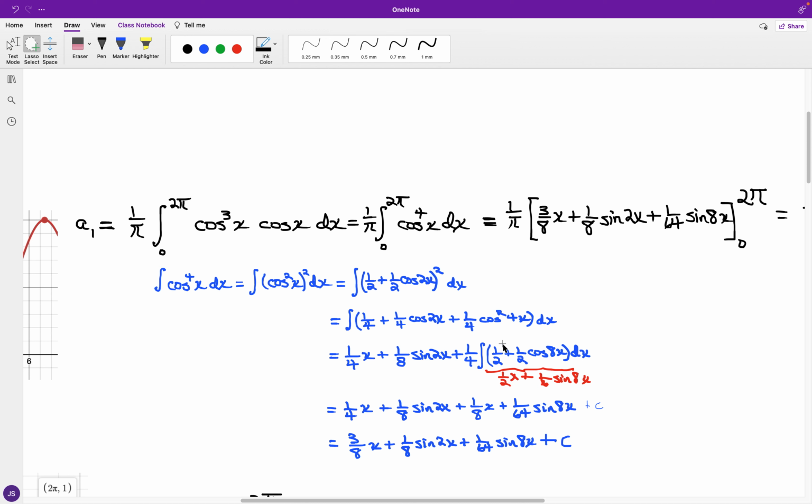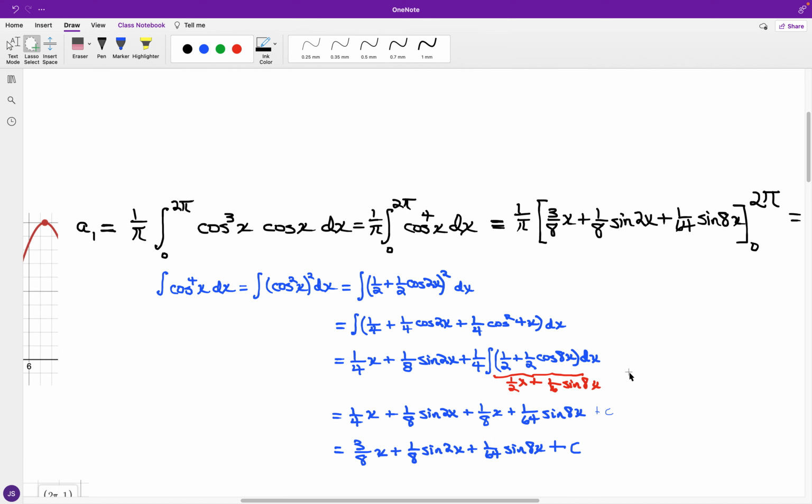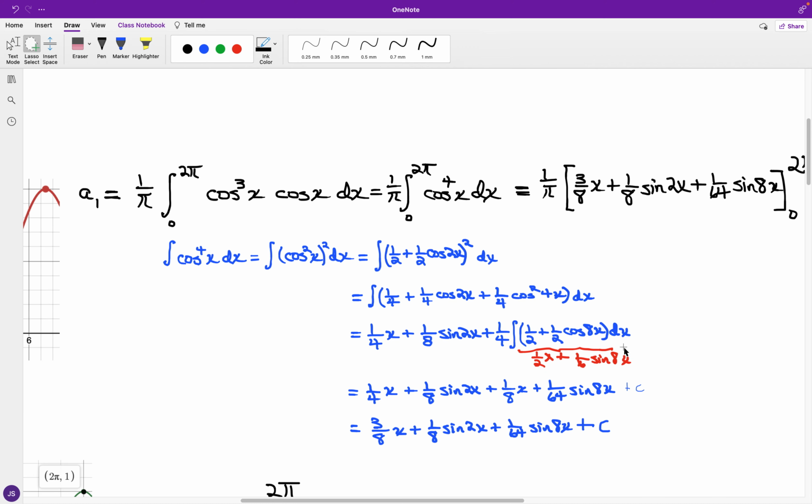And now we have 1/4 of the integral of the square of the cosine of 2x, and reverting once again to the double angles, the square of the cosine of 2x is going to be 1/2 plus 1/2 the cosine of 4x, and the antiderivative of what I have inside the integral symbol, we have 1/2 of x plus 1/8 of the sine of 4x, and multiplying this result by the coefficient 1/4,